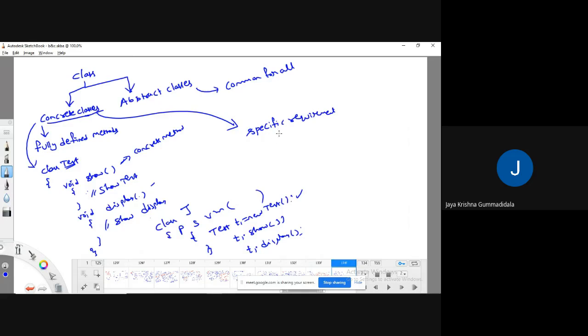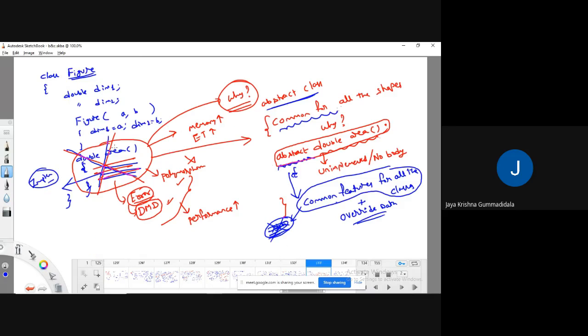If I am going to define a method for a feature which is for a specific requirement, then obviously what will happen? See here, I have defined a method with an unnecessary body. Because of this reason, memory usage is more, execution time is more, and obviously performance decreases.